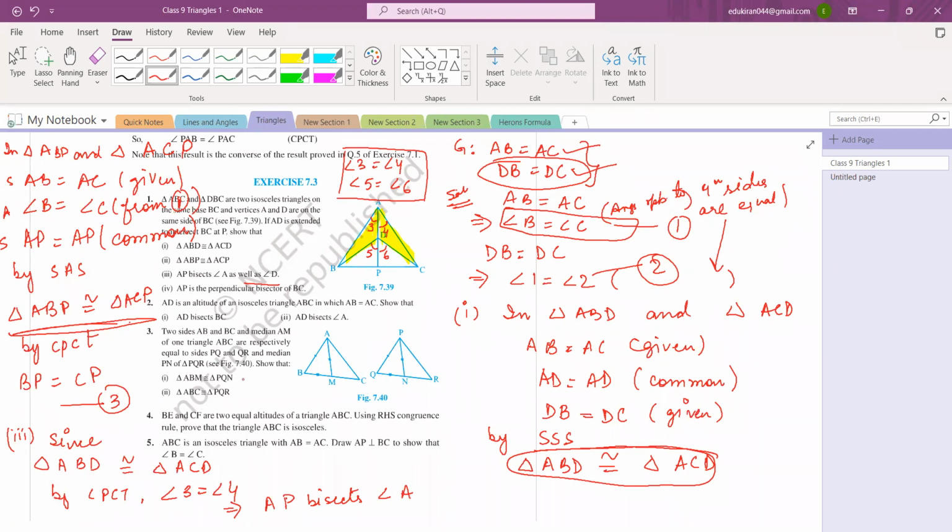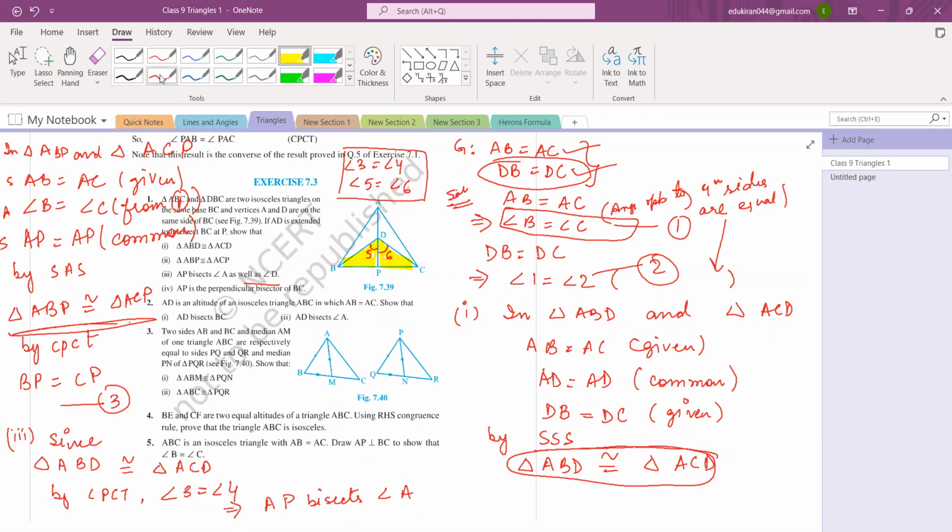Now look at angle 5 and angle 6. I'm just cleaning the figure again and then I'll do it. Okay, so this is my angle 5 and this is my angle 6. Now you can see in the figure that they are part of this triangle, I mean this one and this one, right? So if somehow I can prove that these two triangles are congruent, then by CPCT I can say angle 5 is equal to angle 6. Okay, let's do it.